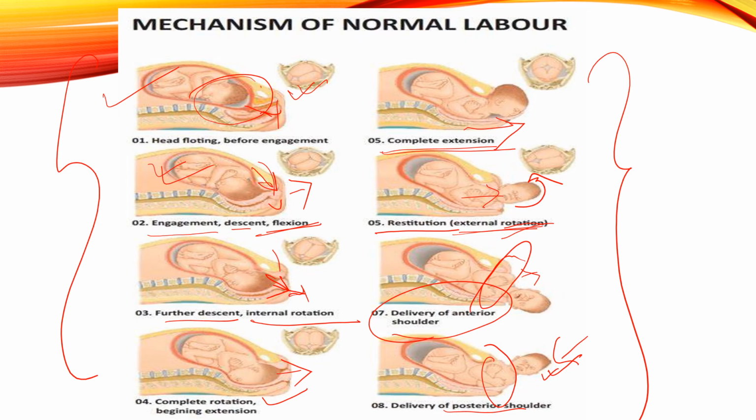In case of cesarean section, an incision is given in the lower part of the abdomen, just near the uterus, and the baby is taken out with the help of a doctor. And here generally the baby comes out normally, and the doctor can use forceps or some kind of tool to take the baby out. Okay, so this is the process which is happening, and this is the completion of your whole human reproductive system.